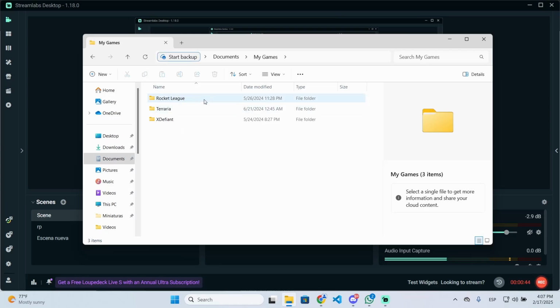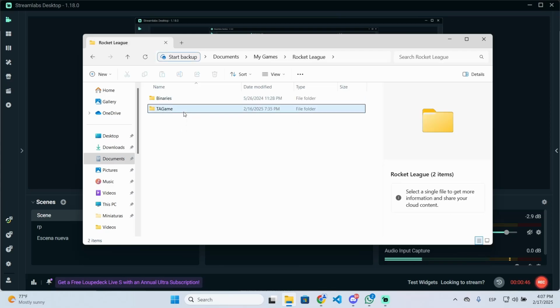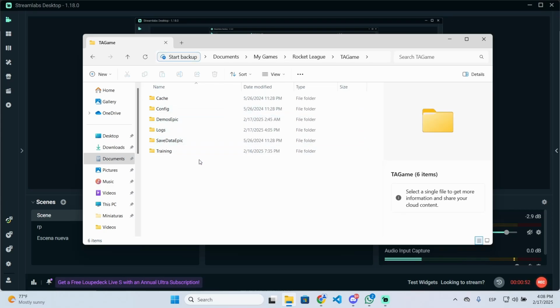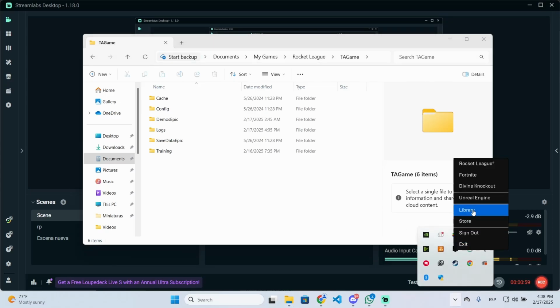Then right here, you will find Rocket League. Open this folder, and then delete the cache folder and open the game again. This will probably fix the issue, but if it doesn't, another fix you can follow is to open